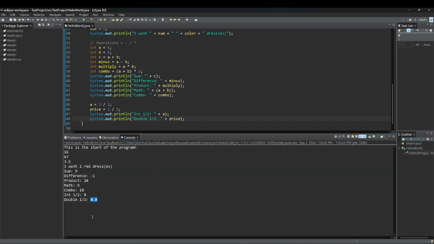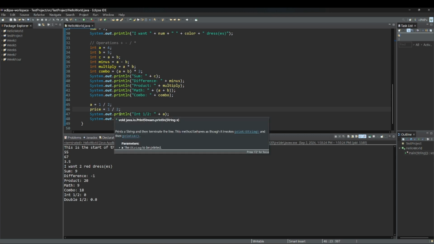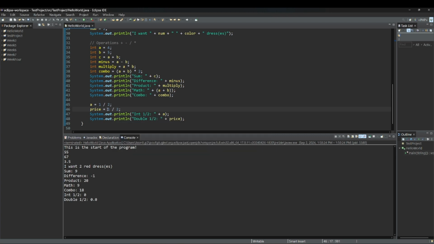Oh, and you'll notice it still does 0. So what happened here? Well, the other weird thing is, note, you're using integers here. Java has a weird thing where even if you're using integers, it's still going to put it as 0, and so now when it goes into double, it's going to be 0.0. So there's some ways around this. One is